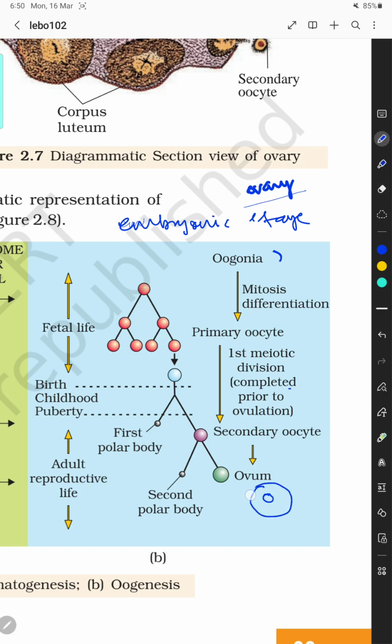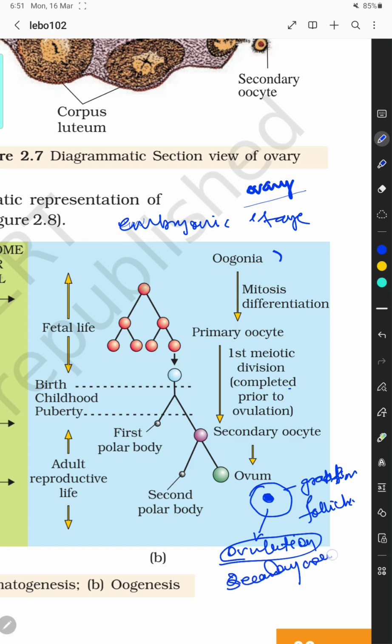ये ग्राफियन फॉलिकल के अंदर है। This is secondary oocyte, this is ग्राफियन फॉलिकल। ठीक है, इस स्टेज में ये ओवरी से रिलीज होता है, that is ओवुलेशन होता है। ओवरी से इसी स्टेज में, that is secondary oocyte स्टेज में रिलीज होता है। रिमेंबर, this is very important, ओवम कभी रिलीज नहीं होता।